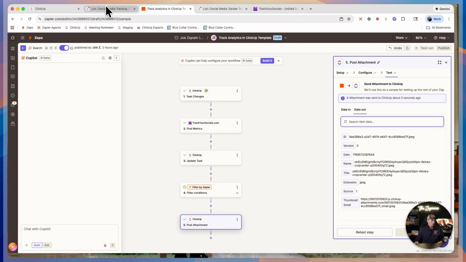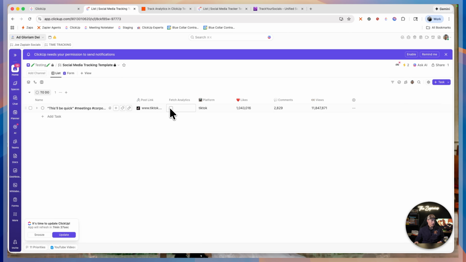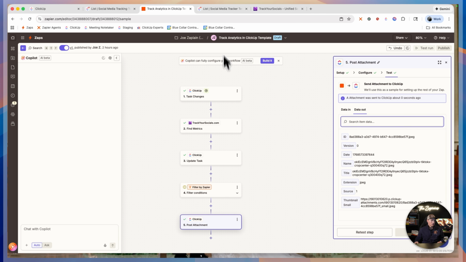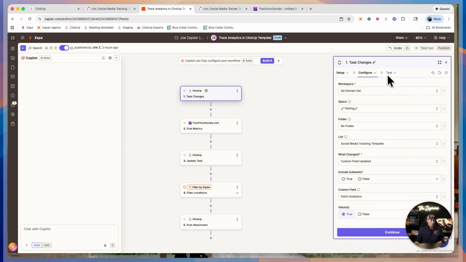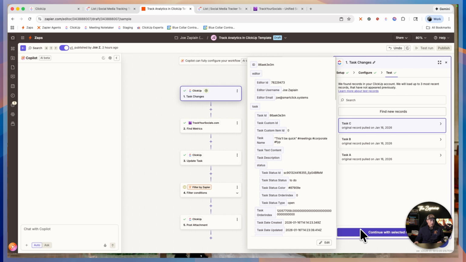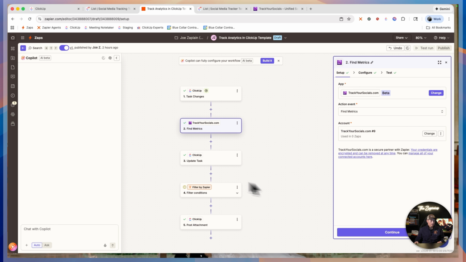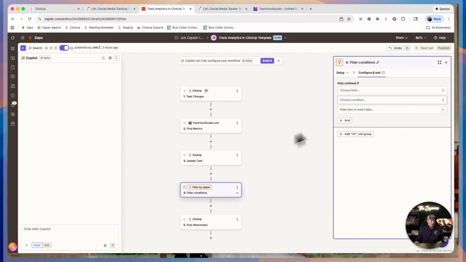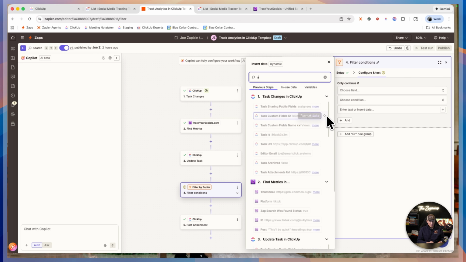We're going to retest, so we're going to click Fetch Analytics again. We're going to come back up to step 1. We're going to go to our testing. We're going to find the second version of it, so it's going to pull in, again, a task B if this is your first time, or task C because it's the third time I'm doing it. So find the newest version, continue with selected record, and now on the filter step, on step 4, we're going to search for attachments,